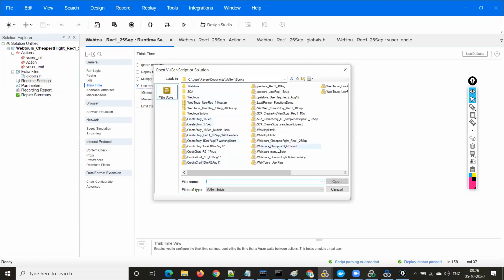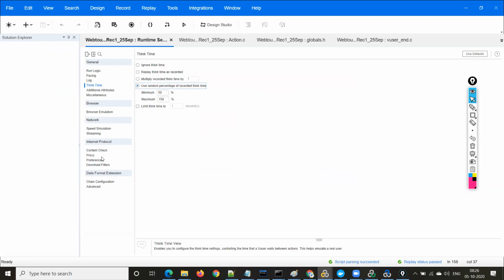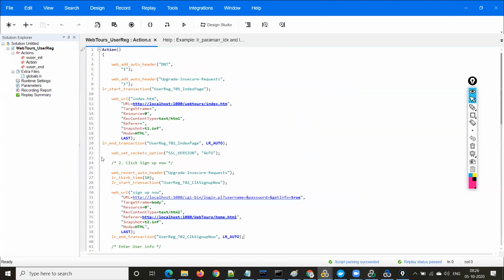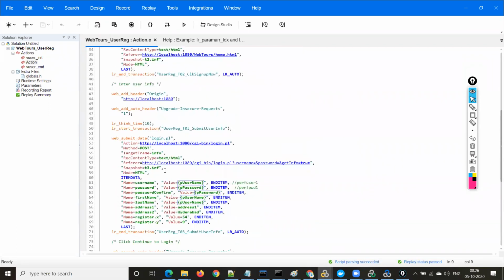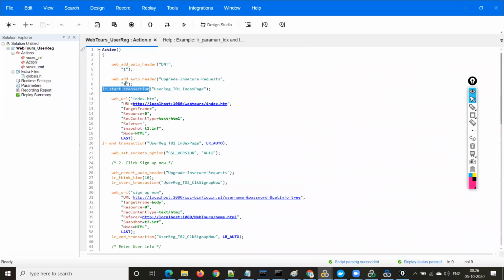We are in the Documents VuGen script path. There is our user registration. Let's see which is the completed script. Completed script means where we have LR start transaction and web_rec_find, so the script is completed in all aspects. Here we don't have web_rec_find.